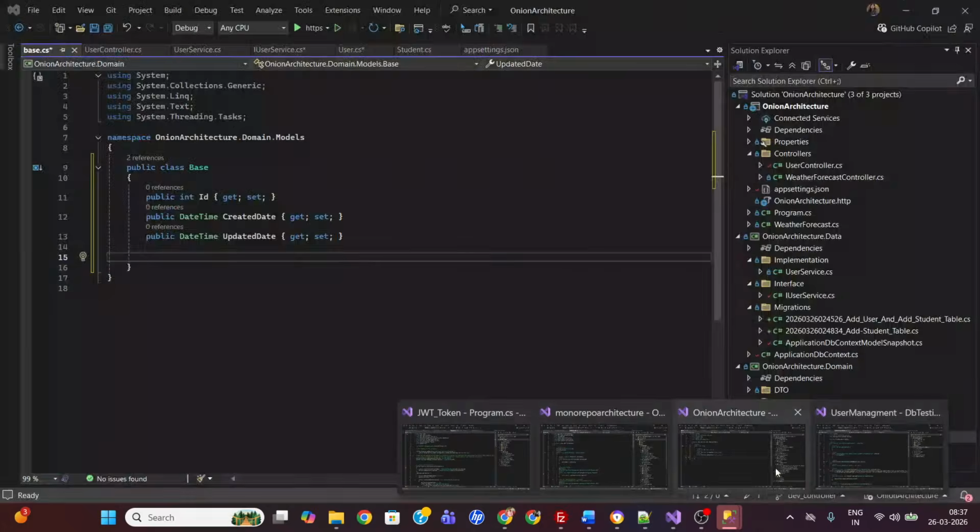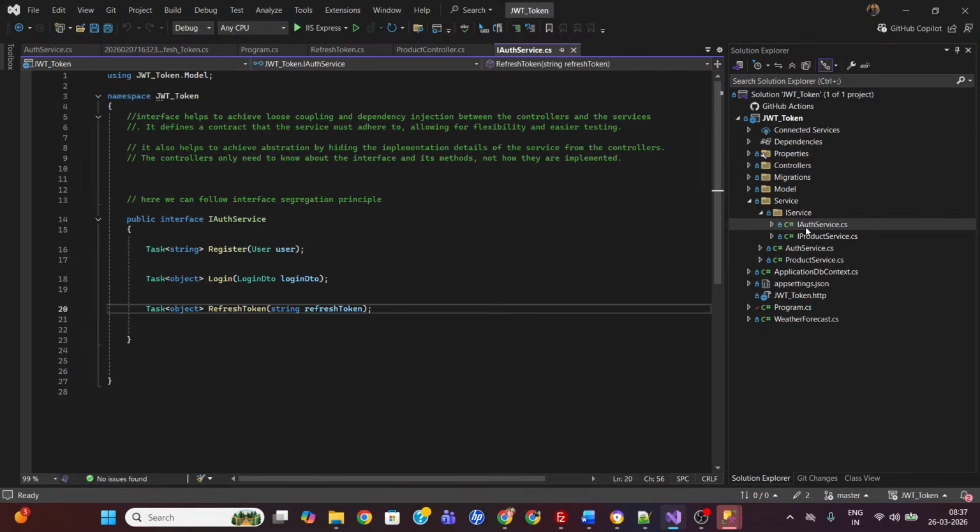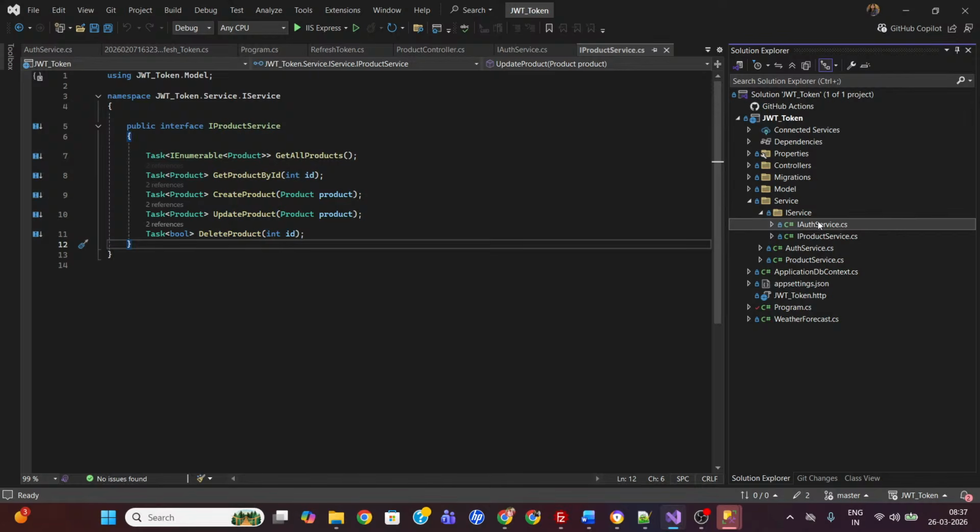Interface segregation principle means rather than making one big interface, we divide it into parts. For example, we could create one interface and add the things related to auth service and product service in one common interface. At that time we are not following the interface segregation principle. So we can make a separate interface for the auth service and IProductService. So interface segregation principle means rather than creating a big interface, we can divide it into parts